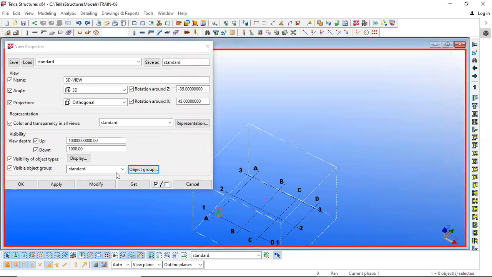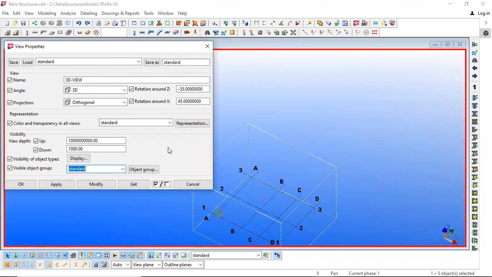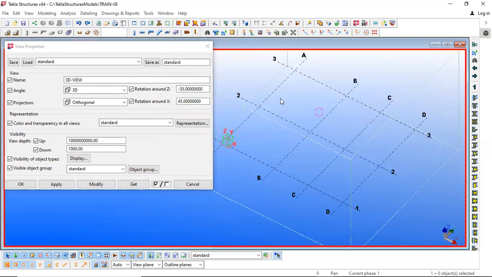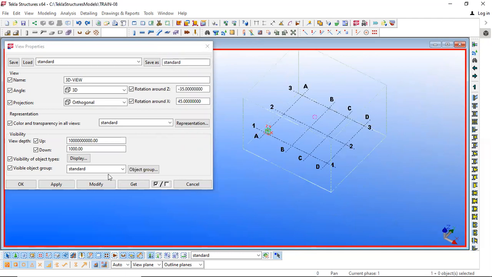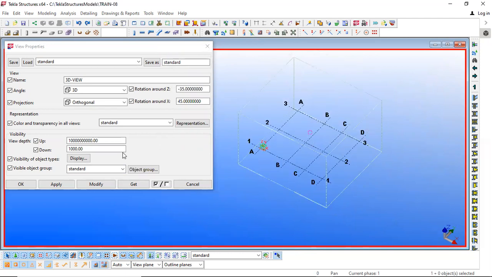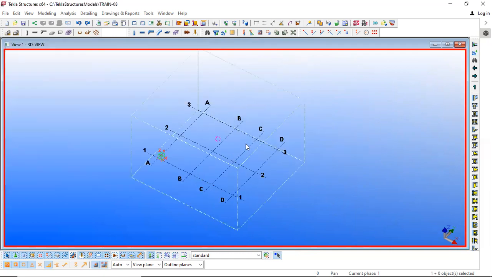So that was group filter, and the saved settings will be listed here. We can directly apply it from here also. Once we have objects inside this, you can understand how the filter works. Right now we don't have any objects here, so we cannot apply the filter without any element. We need some model to apply these filters. So that was view property, what we saw just now.